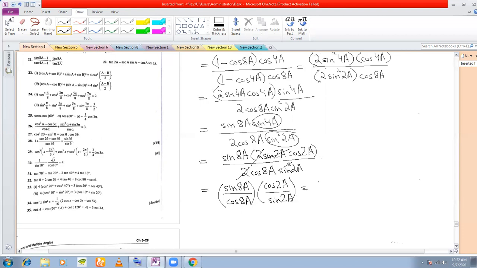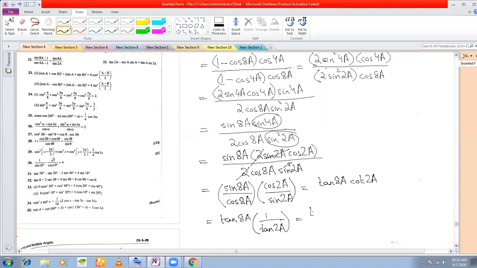So what you are getting here is tan 8a, and this is cos 2a by sine 2a, which is cot 2a, which can also be written as tan 8a into 1 by tan 2a,